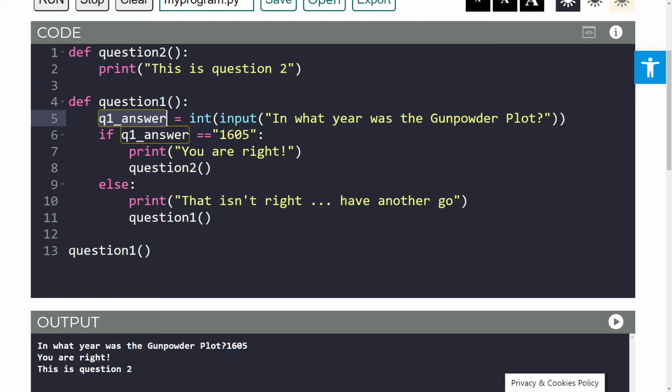So we have 2 brackets at the end, and we just need to change our line 6 here. So instead of accepting a string of 1605, we're just going to get rid of these speech marks around 1605, and you'll see it's actually changed color for us, a nice little purple color now. That indicates to Python that we're expecting a numerical value, so 1605. And if we run this now,